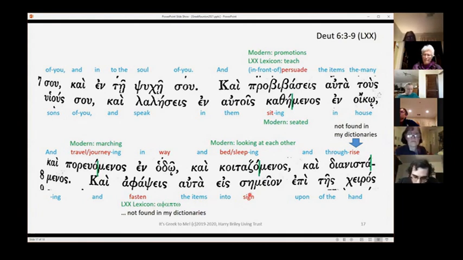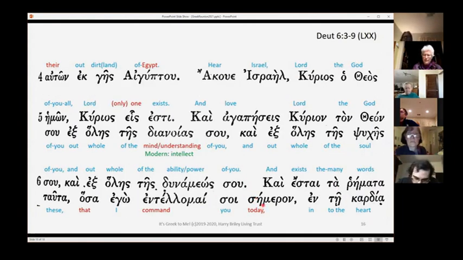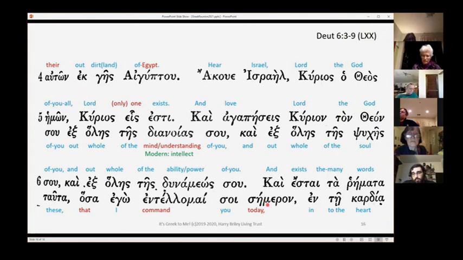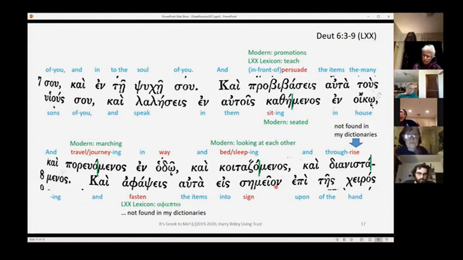Now, let's go back one. Here we had simeron, which means today. Look how close this one is. Simeon. One means today, and the other one means a sign. And so it's going to be real easy. You look at that word. I thought originally it meant sign, but simeron is a noun. It's today. This is also a noun, on, and sime, it means sign. So close together. So fasten the items into